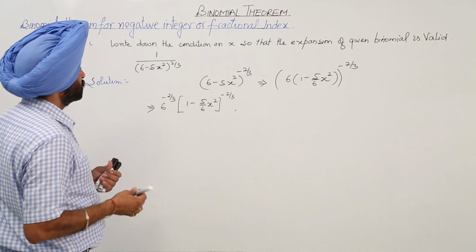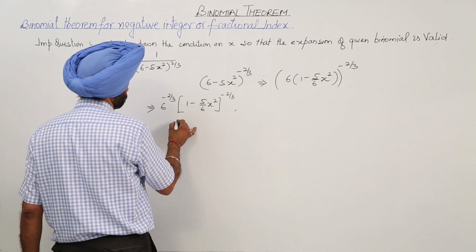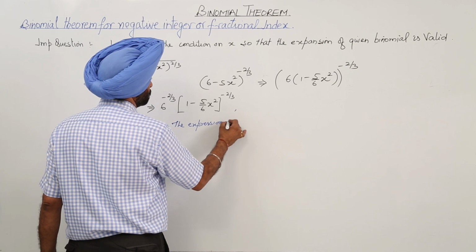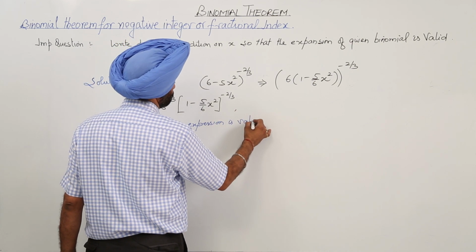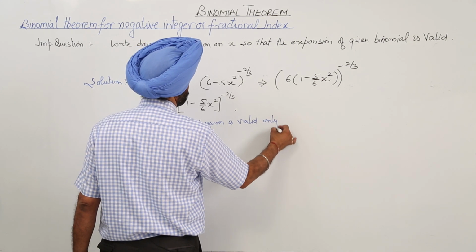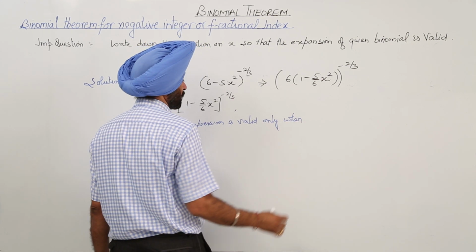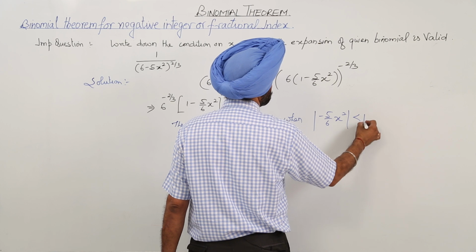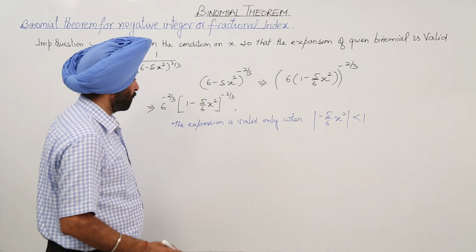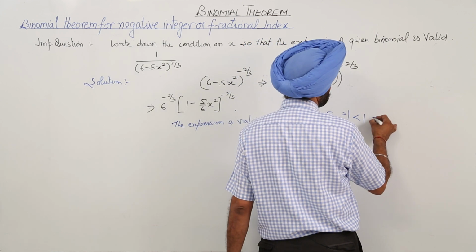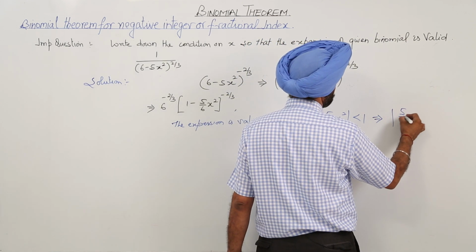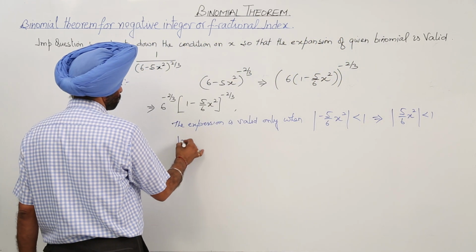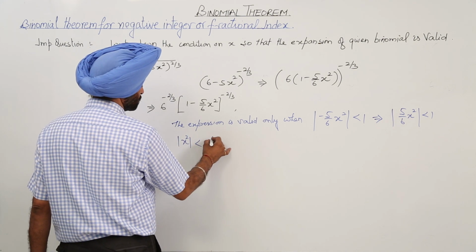Now condition for the validity. The expression is valid only when minus 5 upon 6 x square is less than 1, or this can be written as 5 by 6 x square is less than 1. X square is less than 6 by 5,